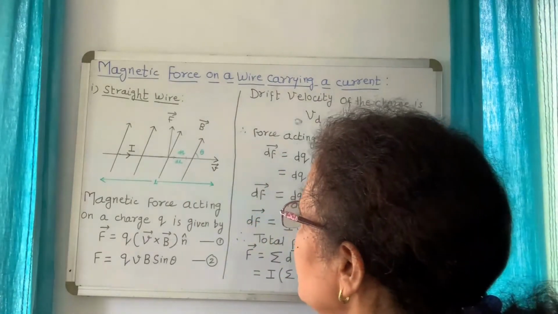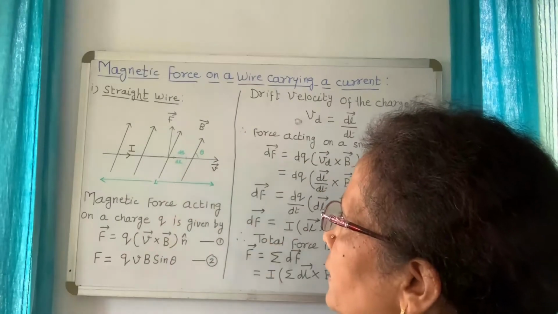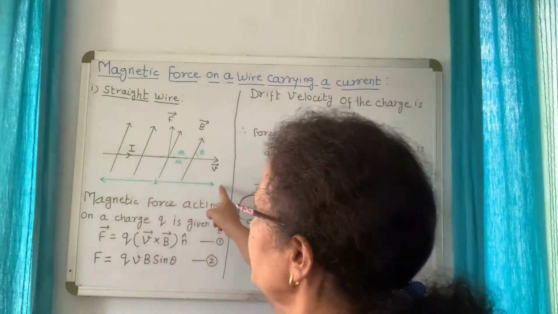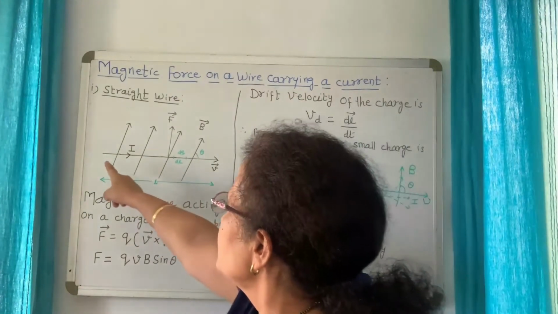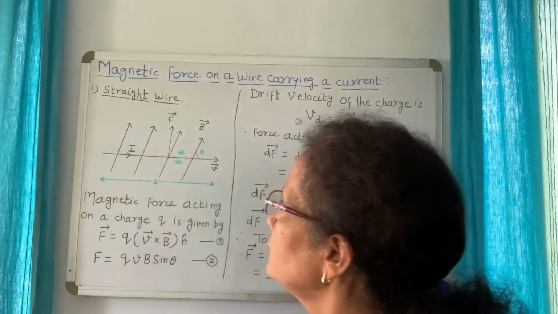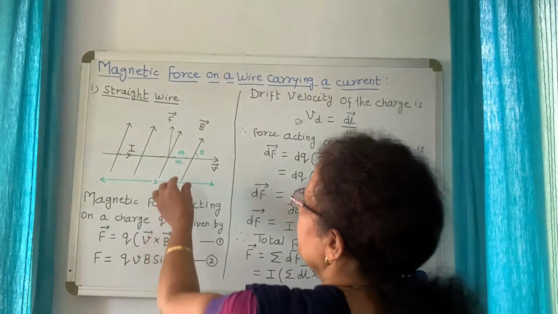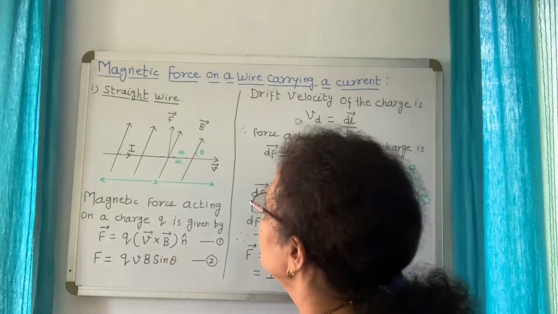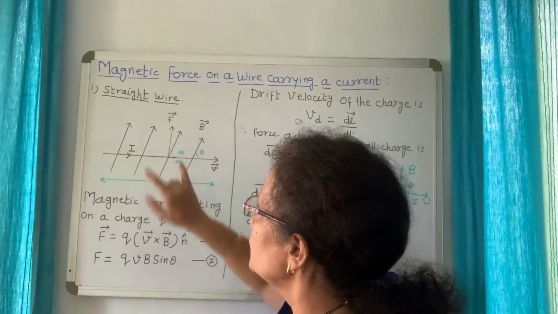Right. Now, again I will explain the diagram. Consider some part of the conductor, length of the conductor is L. Current is flowing in the direction which is given in the diagram. Current I is flowing. Now we are taking a small amount of length dl. Right. In that the charge dq is here.